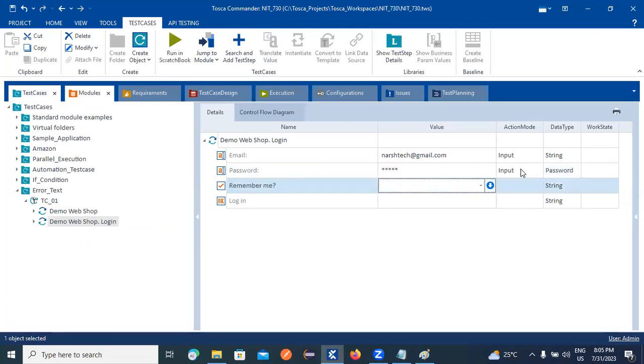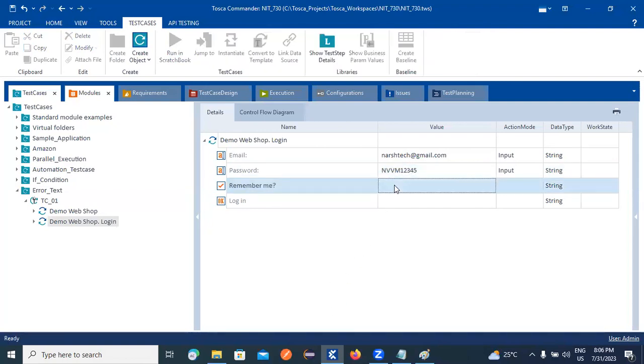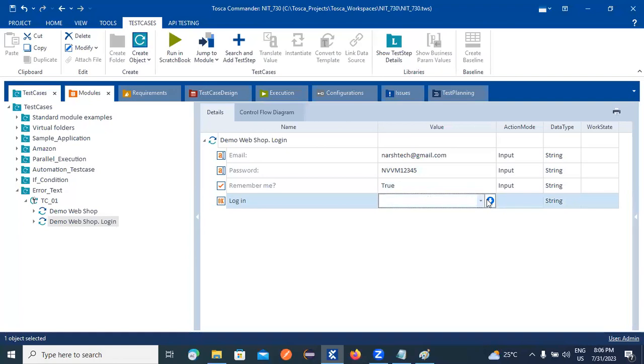And after that, here I need to change the string. We need to use true here, and here also we need to provide login. Once you provide the login,